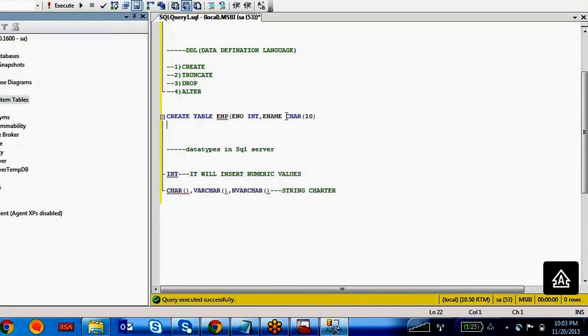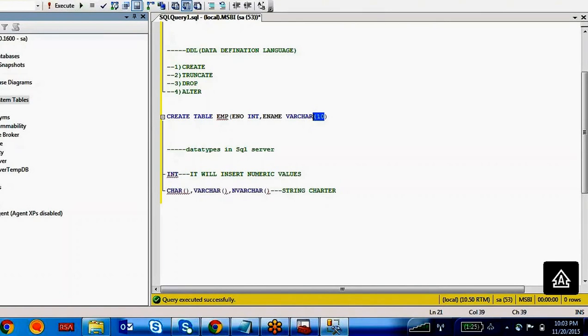If you are using varchar instead of character, for example, if you are initializing the length of this employee name as 10 characters, it is not allowing more than 10 characters, the same as character.